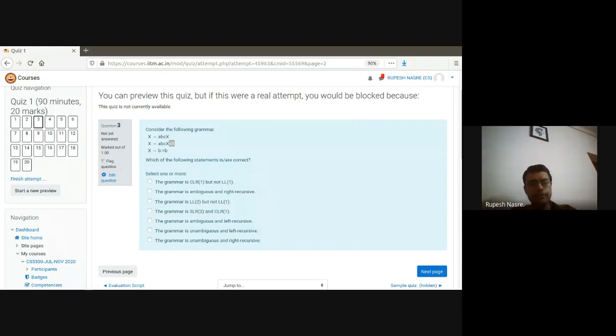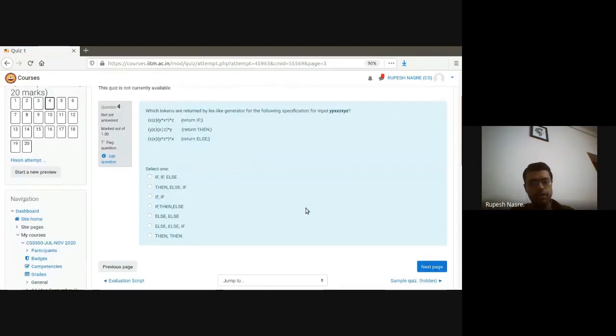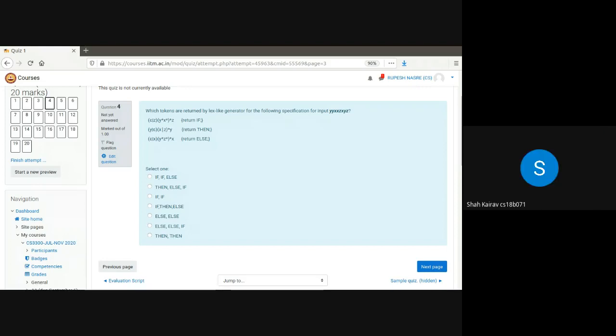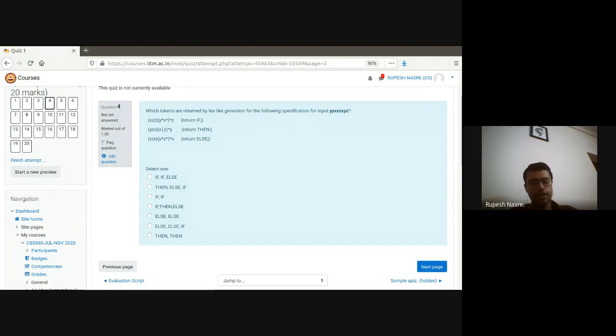Good. So this is the kind of discussion that we expect in this course. But anyway, let's move ahead. Which tokens are returned by this Lex-like generator? By the way, how many of you found the internet useful? Just for my understanding. I mean, it is allowed, so you can write that it was useful or not useful. I found the slides useful. Yeah, slides were anyway allowed. The book was useful. Okay.